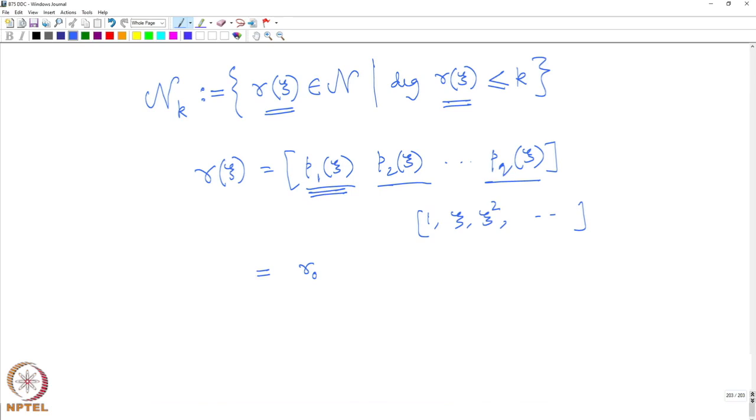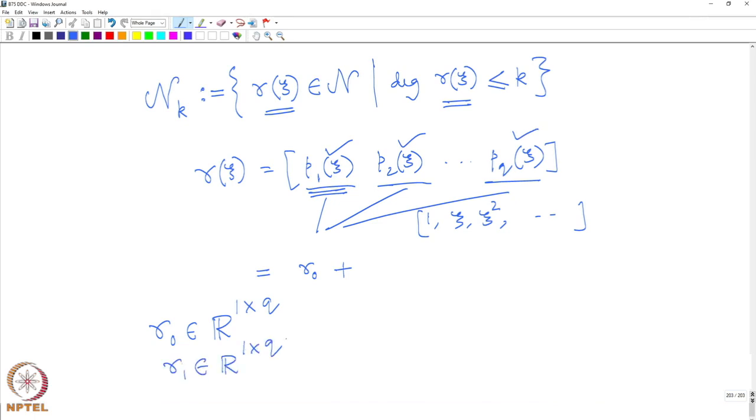So these are all the constants from each of these terms. So this R0 obviously is going to be a vector of size 1 cross q, a row vector of real numbers. Likewise, I find out the coefficients of xi from each of these entries. That also will give me another row vector. I call it R1, and I write R1 here, and I multiply it with xi,